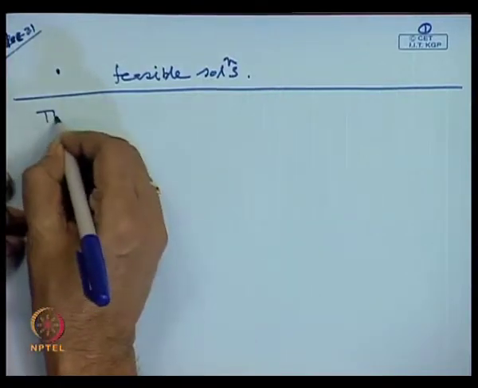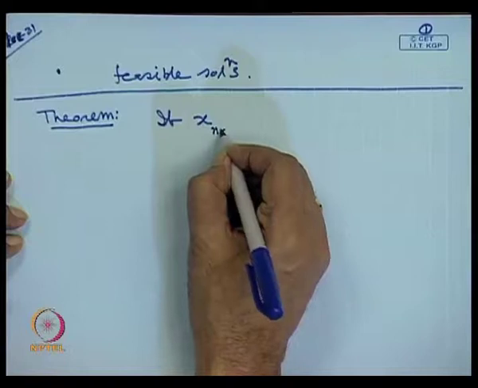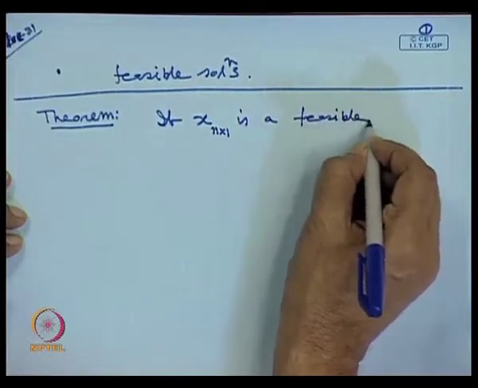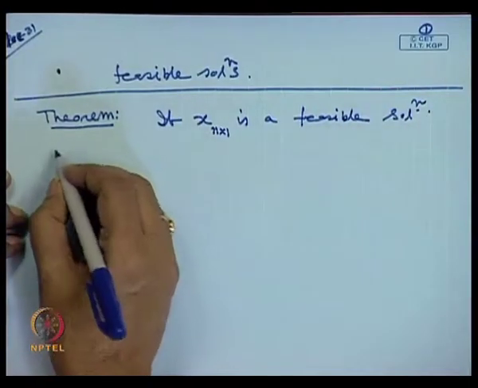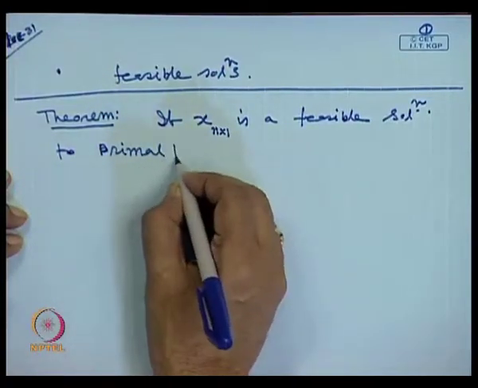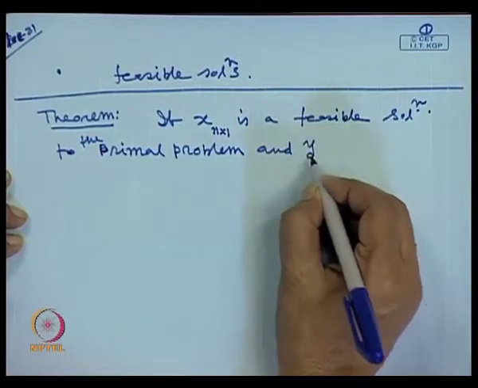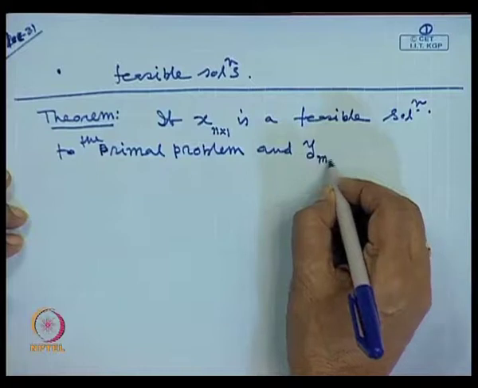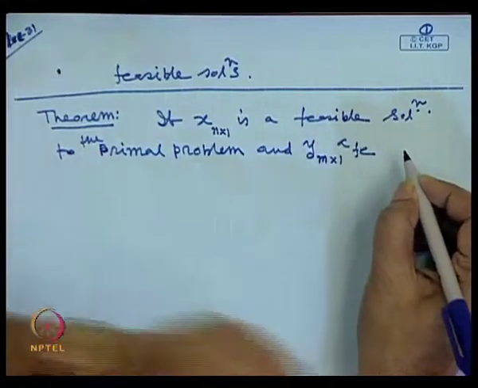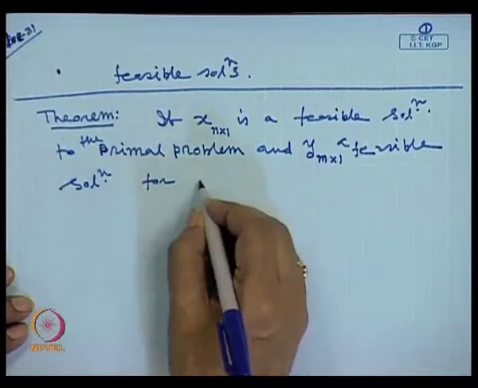The theorem: if x, having dimension n cross 1, is a feasible solution to the primal problem, and y, having dimension m cross 1, is a feasible solution for the dual problem,